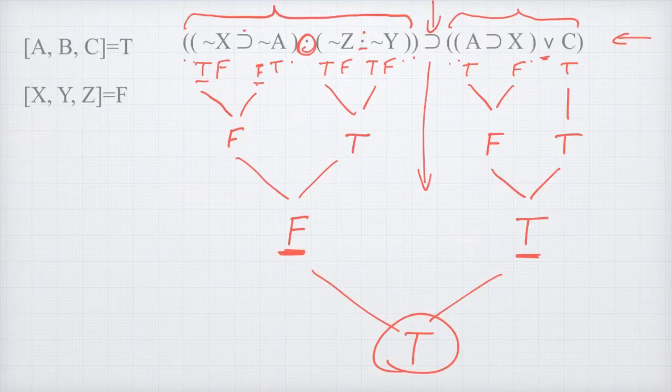Now, I'm going to make two points. If you're wondering why A, B, and C are true and X, Y, Z are false, that's just the values we've chosen to assign. In any example, I could say A is true, B is false, Y is true, Z is false. I could give you any combination, and that's the key. What we're attempting to do here is have you use the truth tables to determine the values, but those values happen to be arbitrary, chosen by examples in the book or myself. So that's one. Two,